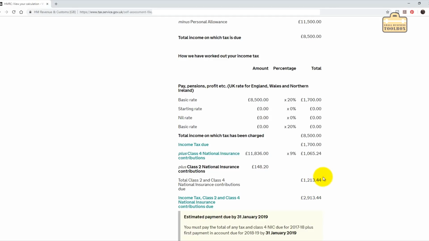Basically when you add that figure of your NI, your National Insurance, onto your tax, that comes to that total figure there,